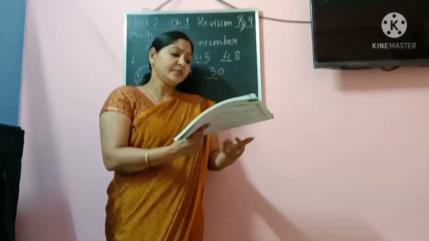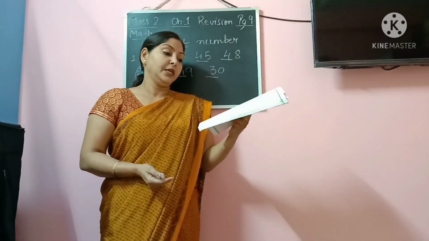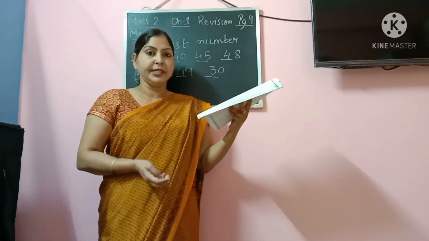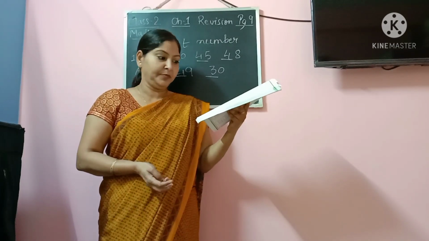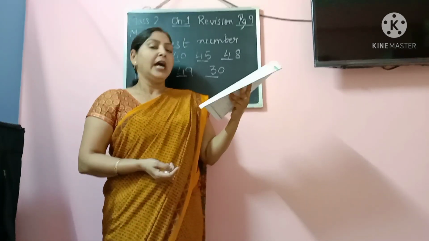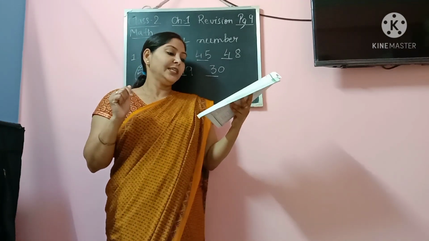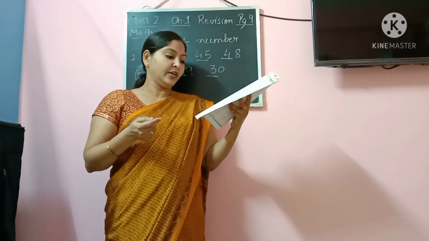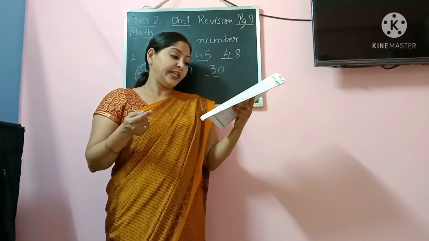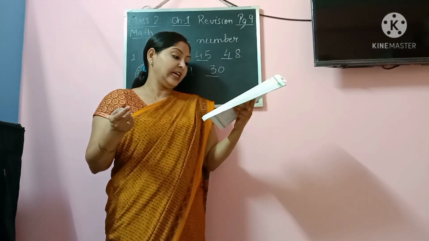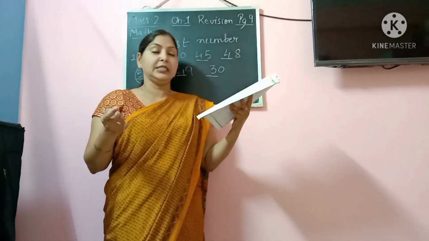Okay. Now the last one, word problem. In word problems, one is already done for you. You don't have to write any statement here. You have to only understand the question and do the calculation. So first one is done for you. Second one I will read out. There are 32 boys and 35 girls in class. Find the total number of students in the class.